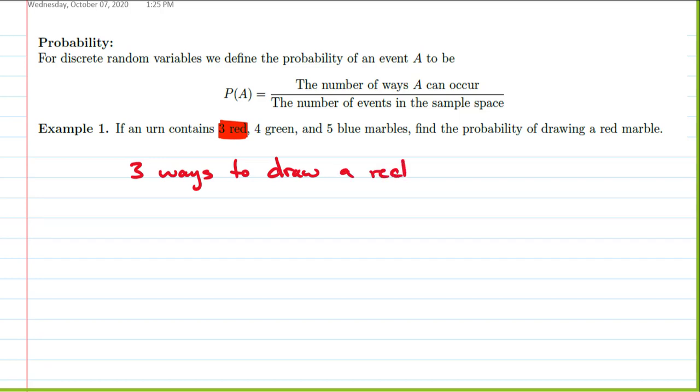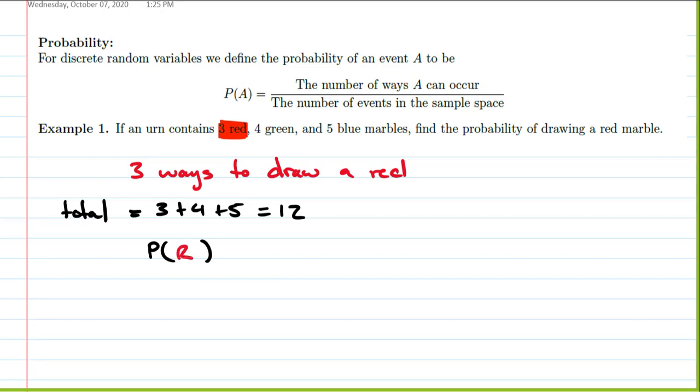And then the total number of events in the sample space is going to be, well, if I reach in there, I'm going to draw a marble. So there's 3 red, 4 green, and 5 blue, which is 12, right? So then the probability of me drawing a red marble